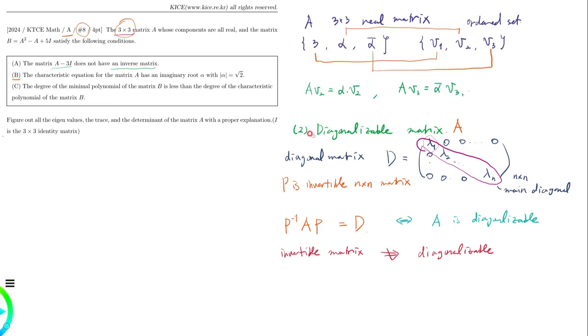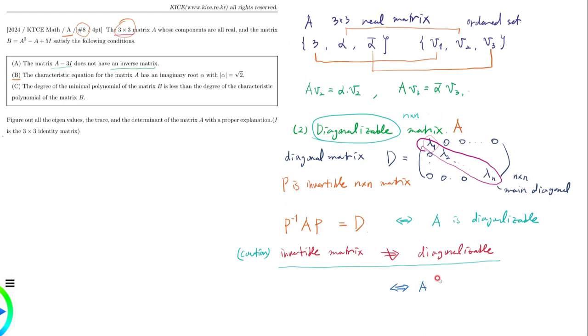Diagonalizability is a stronger condition than invertibility of an n by n matrix. So it's a caution. Please don't misunderstand that an invertible matrix is diagonalizable. This is not true. This is only true when